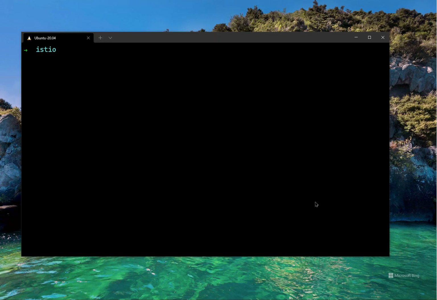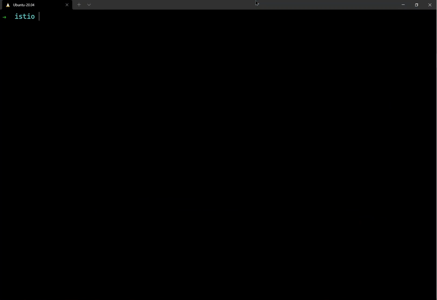I have set up a cluster on AWS and I'm accessing it from an Ubuntu terminal running on WSL2 on my Windows laptop. Let's start by downloading Istio on our local system. So the way we do that is we go to istio.io, istio.io slash download. We are actually downloading a script